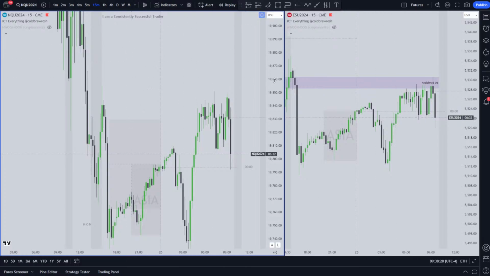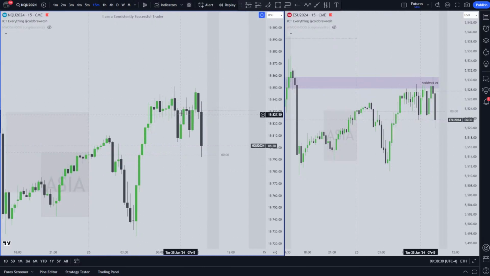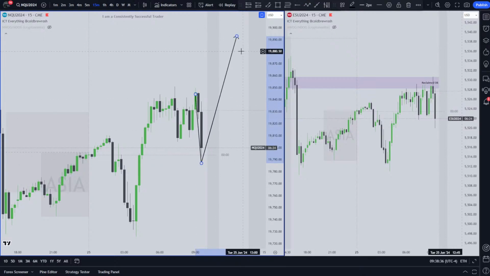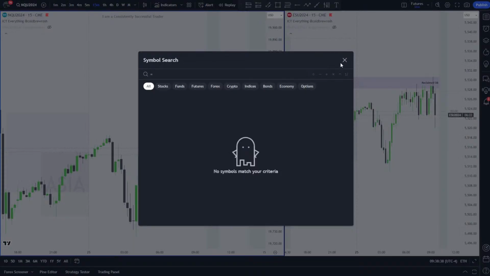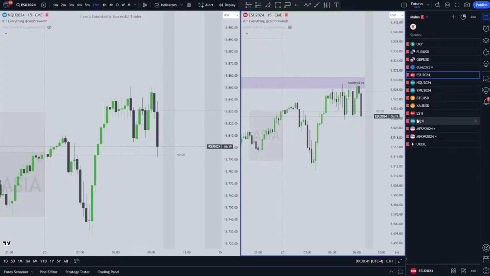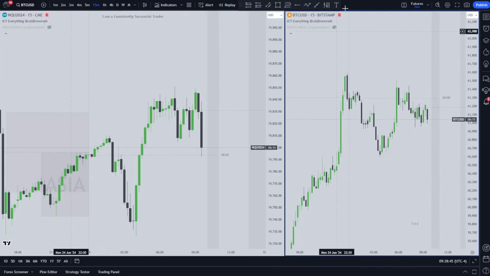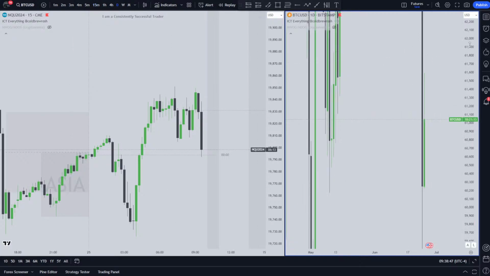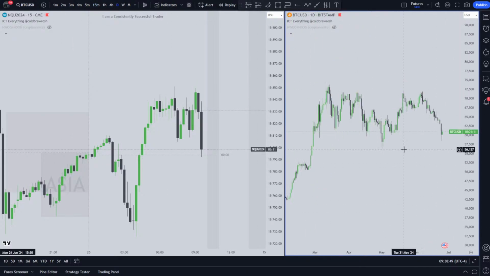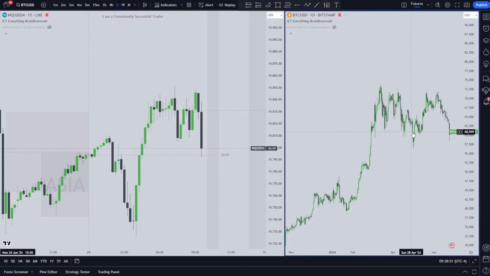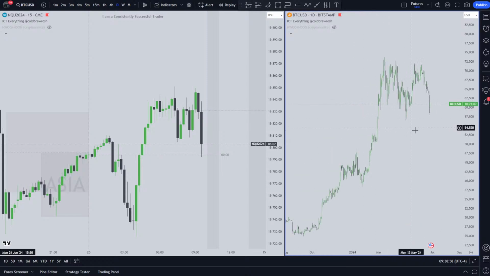Okay, we touched midnight. Something I am aware of is that this is a potential accumulation phase, and so this might be a manipulation for distribution. Let's check Bitcoin real quick. I never check Bitcoin. 61,000. Let's check the daily chart, because intraday doesn't really matter. Oh yeah, this is the largest accumulation ever. We've built up buy side with accumulation.